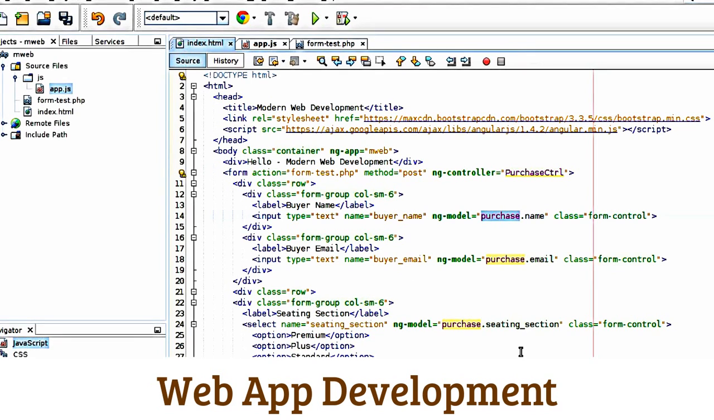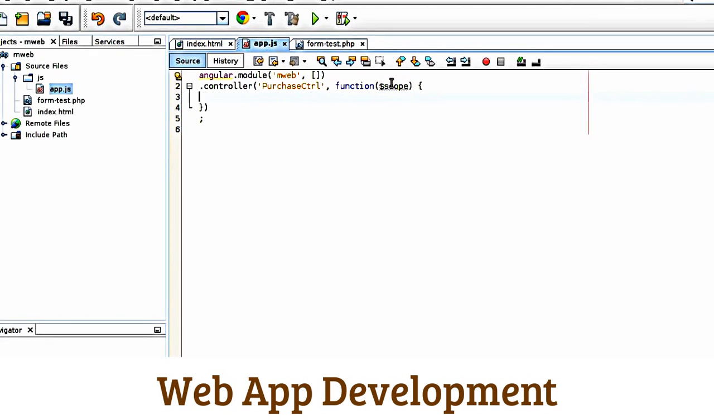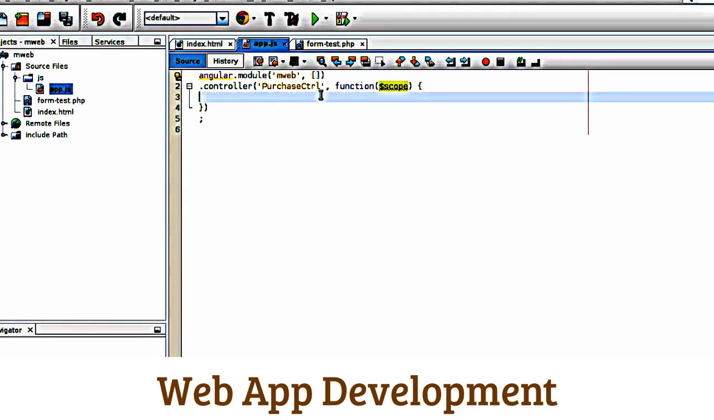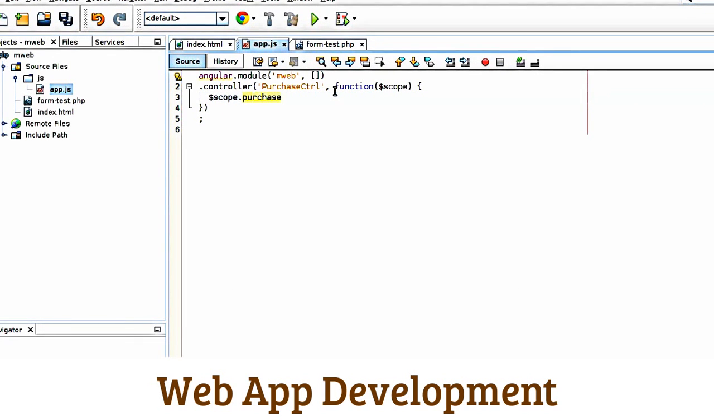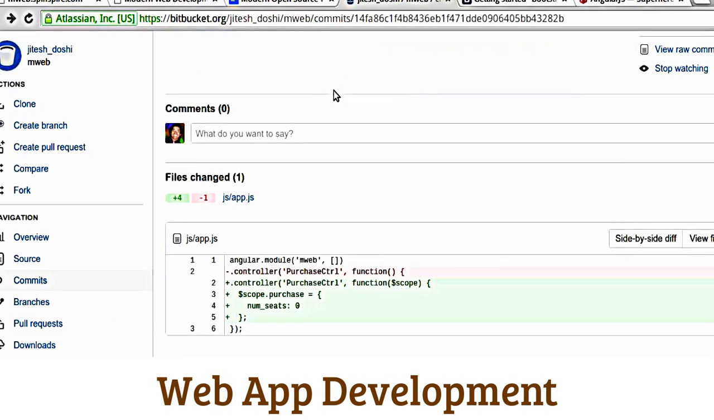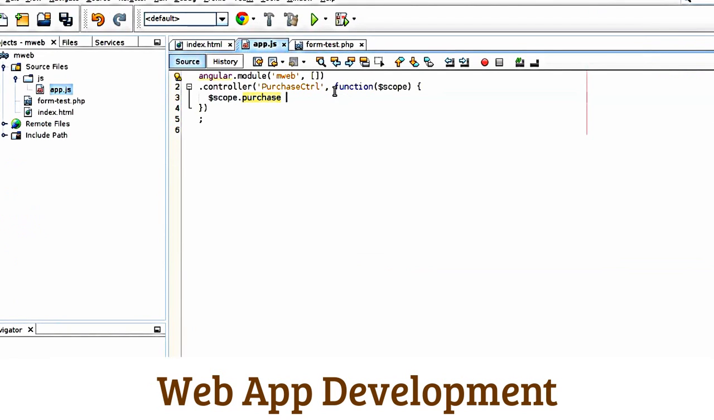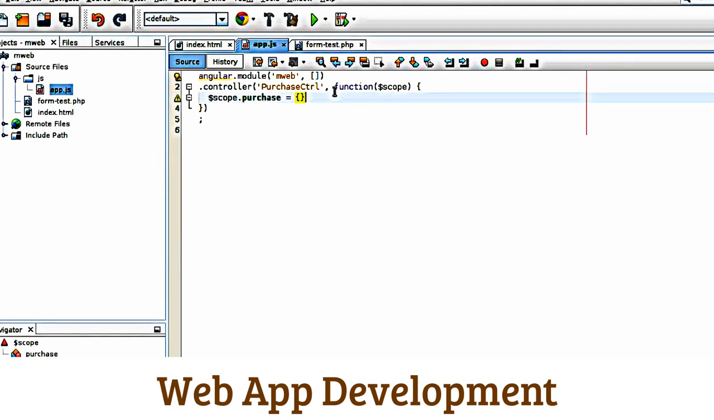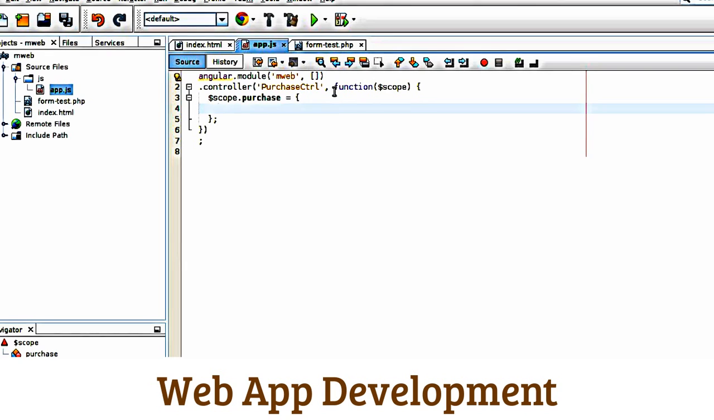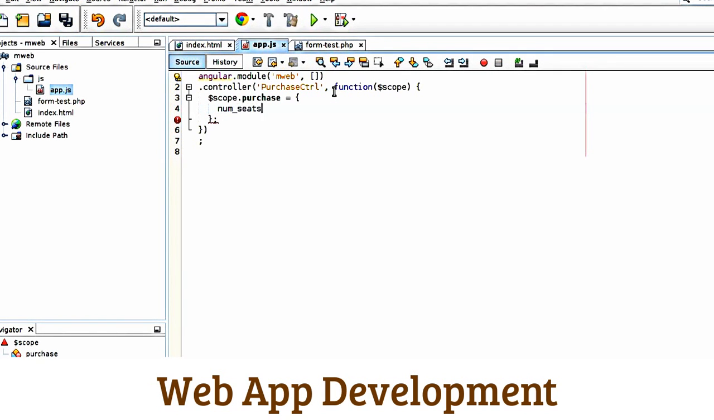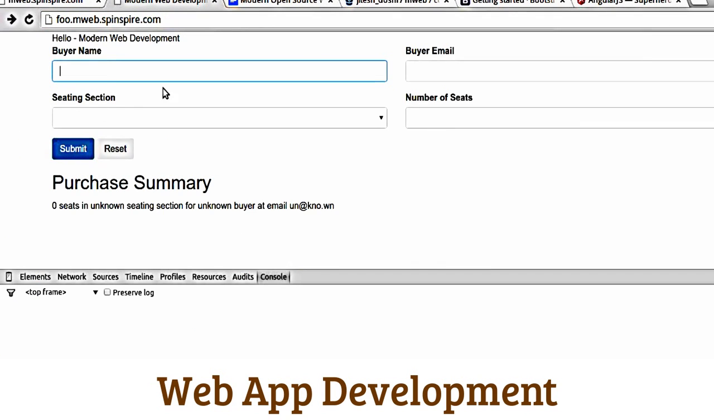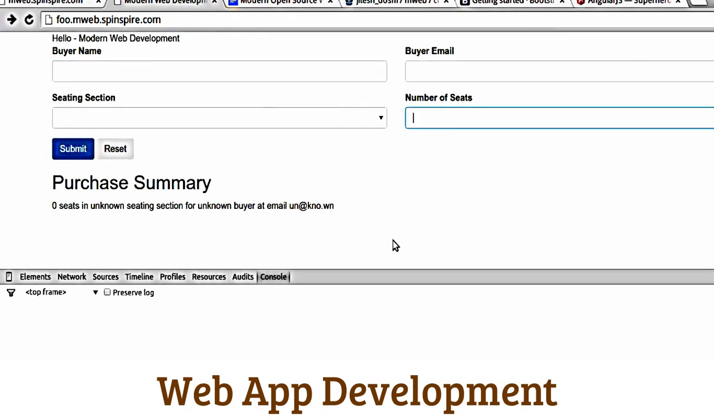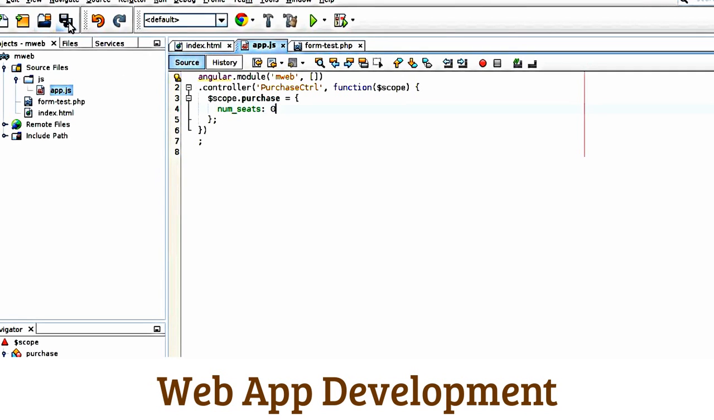So we can now go to the code and say, because Angular has provided us with the scope, $scope.purchase, and in there we can set the number of seats in this purchase object. So purchase is an empty object, but in there we say num_seats 0. Keep in mind that when we come here first, number of seats is blank, not even a 0, but a blank. So now as soon as I save this, what's going to happen is